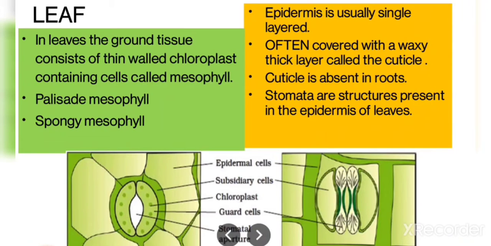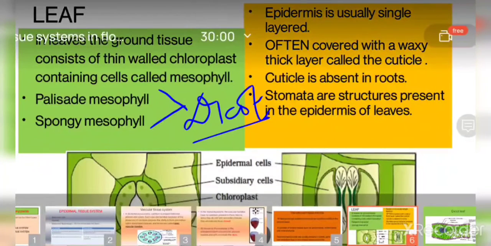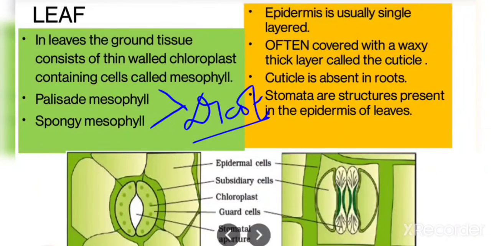Alright, now this mesophyll, in case of dicot plants, we can divide the middle tissue, the mesophyll tissue, into two types, the palisade mesophyll and the spongy mesophyll. We will be looking further in the diagrams that palisade mesophyll is given this name because it has very tightly packed cells. It contains a large amount of chloroplast and hence it is going to carry out the process